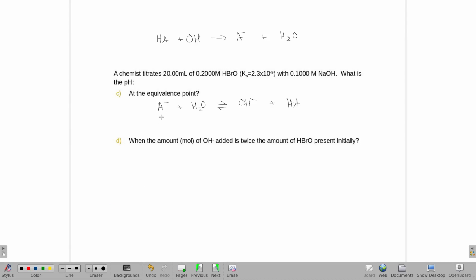And we're going to have a certain concentration here, but it's essentially going to do the same type of thing as we've done before. We have a Kb where we have X and X representing our OH and our HA, all over the initial concentration of the A-. Alright, but I don't know the concentration of A-. I know how many moles there are